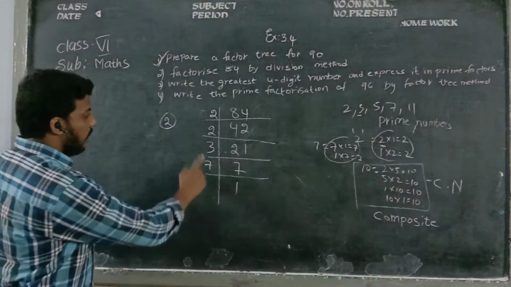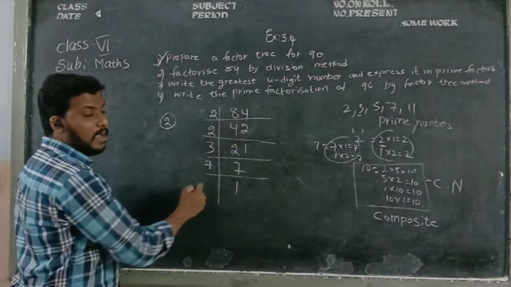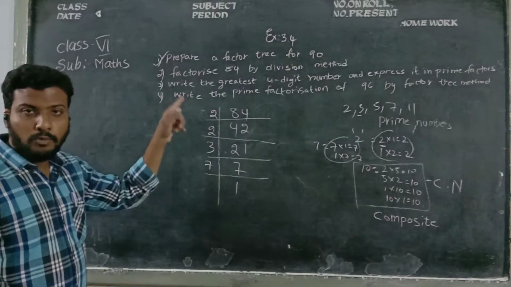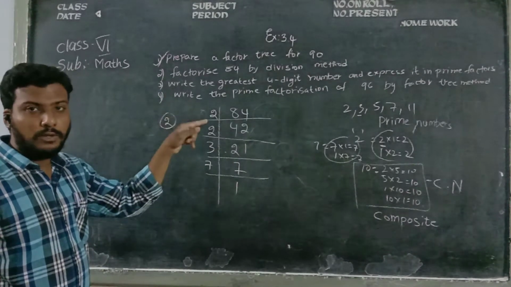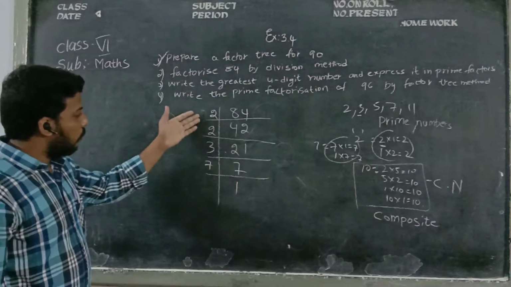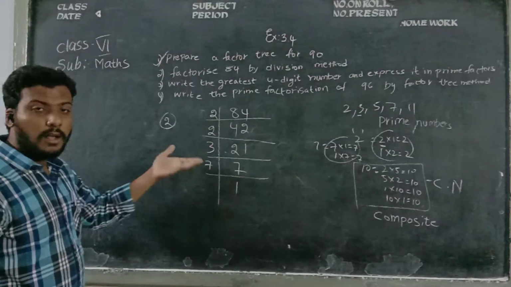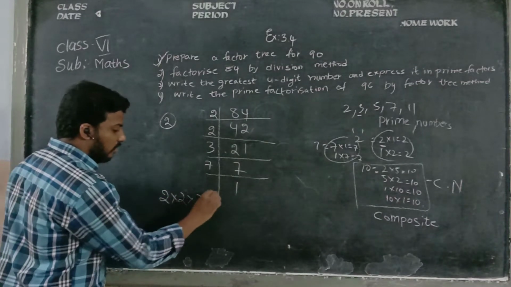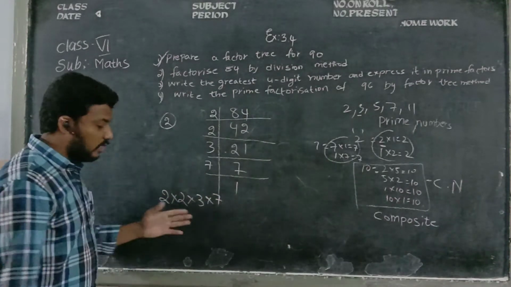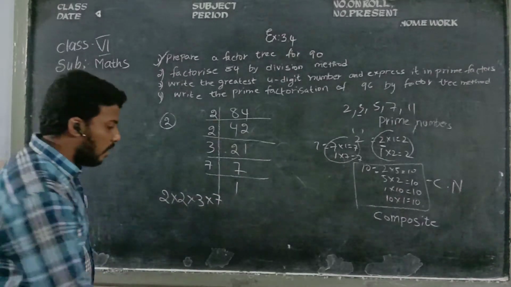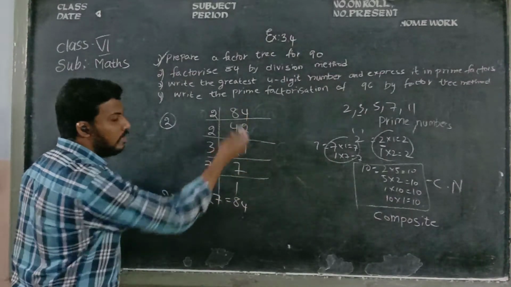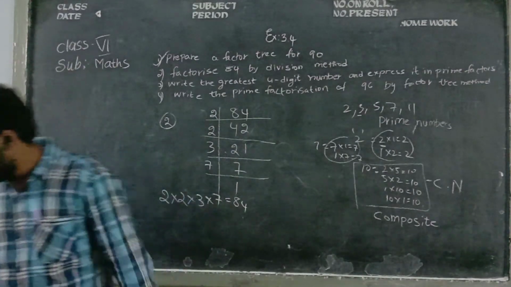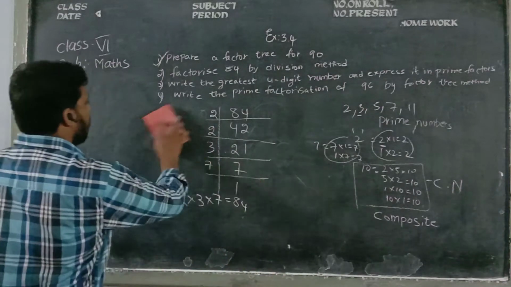So how do we get the 84 value? By multiplying all these factors. These are the factors, children. In the previous problem we got 2 into 3 into 3 into 5. Like that, 2, 3, 7 are also factors. So multiply them: 2 into 3 into 7, children. 2 2s are 4. 4 3s are 12. 12 7s are, you know that, 84. So 84 and 84 tally. This is the division method, children. Previously we have done the factor tree method. So I have also done the second problem.